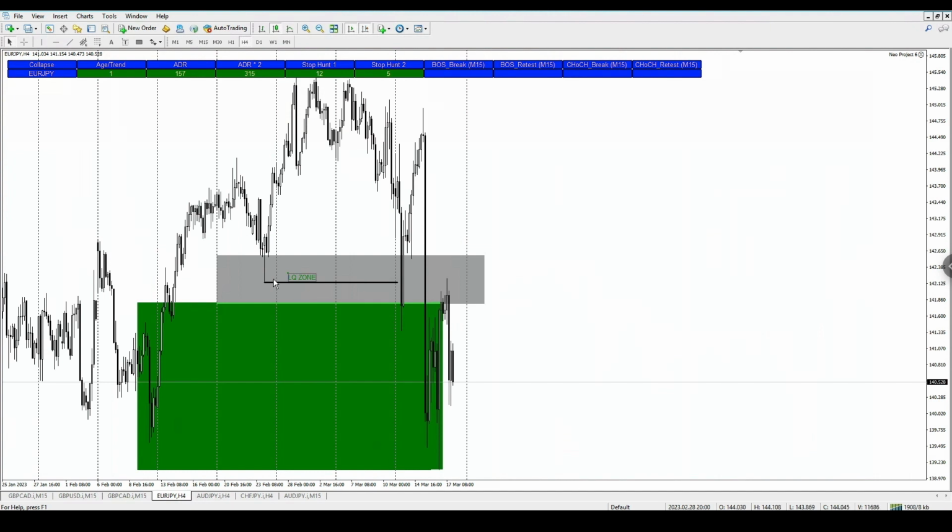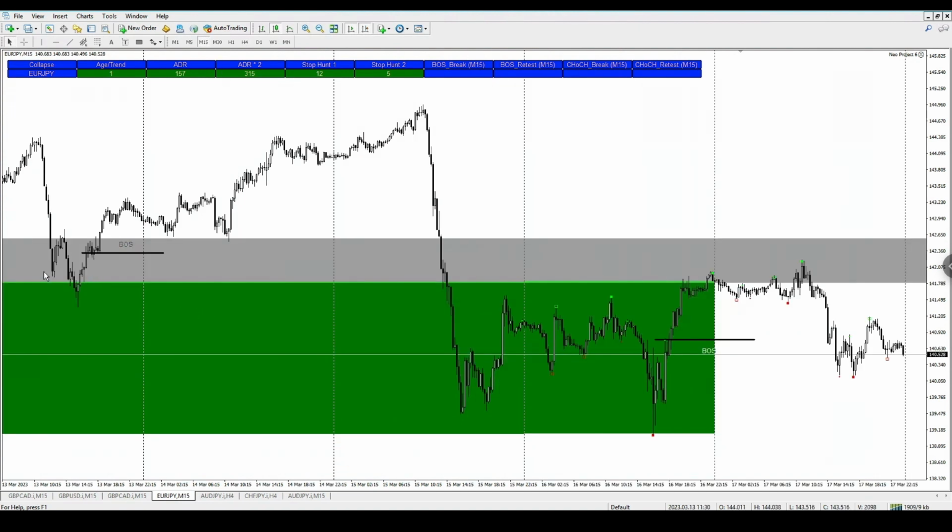We wanted price action to come towards this liquidity grab. We could see the liquidity grab happen straight away on the Monday. Very aggressive move. And then we were looking for our 15-minute entry because price action had gone to the demand area. Now being on the 15-minute time frame, when price action was around this area here,